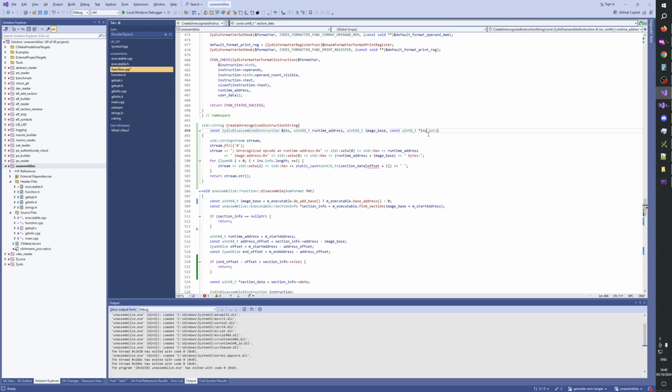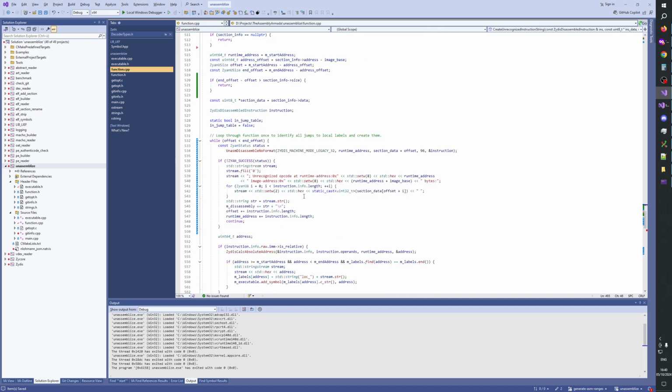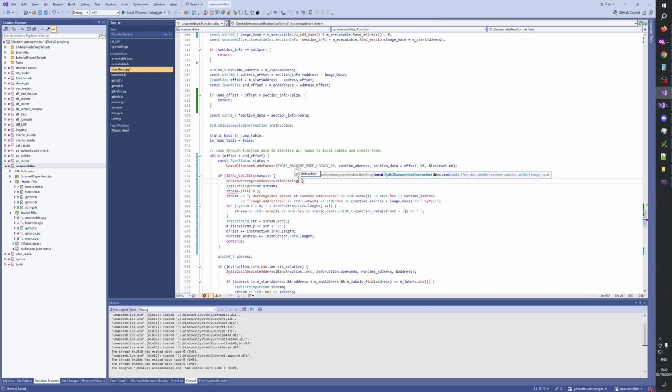Let's call this ins data, and then we do ins data I. Let's put this here to the front. Okay. Then call it here with instruction with section data plus offset and runtime address, image base, and